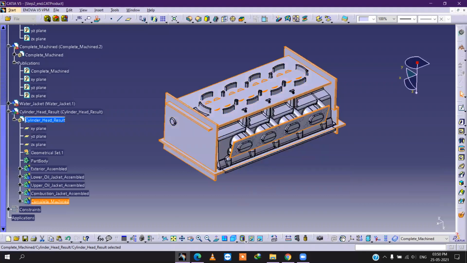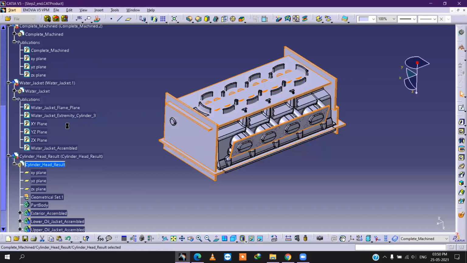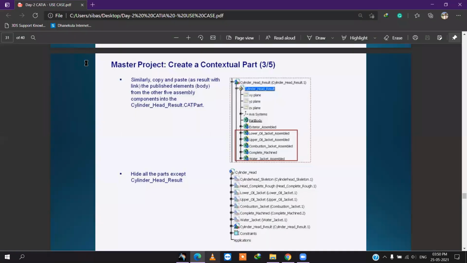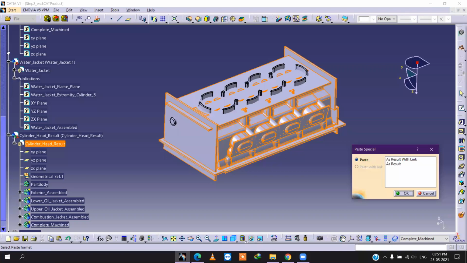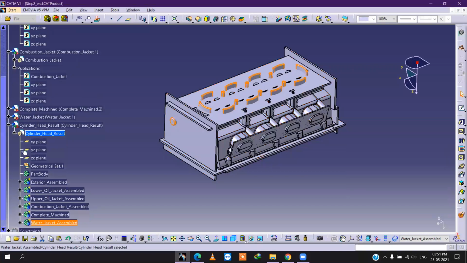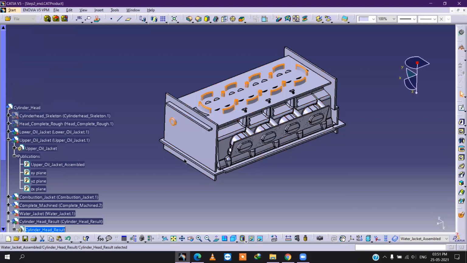Water jacket assembled. Okay, all has come.